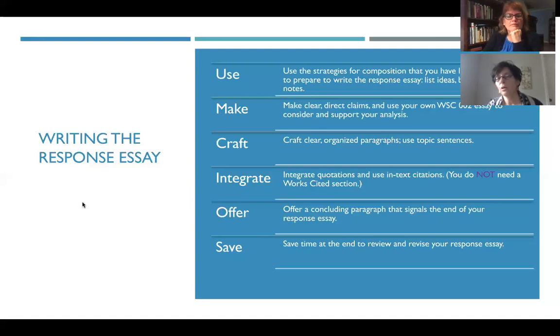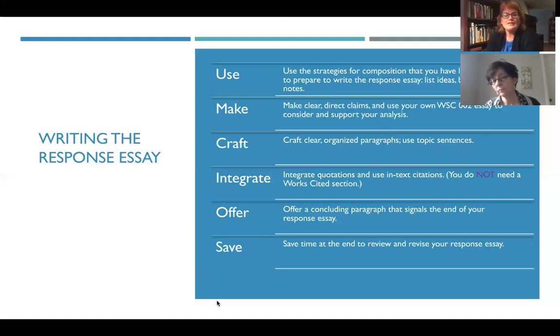And you want to offer a concluding paragraph that shows that the reader has come to the end, and by the end of reading this essay has a new insight and sees you demonstrating a new insight into yourself as a writer, given the initial reading, your documented essay, and what you have crafted here. I really like that verb, offer. When you offer up that conclusion, you're giving a gift to your reader, right? This is what I've made. So make sure you spend some time on that. And then of course, save time. We do care that you have reviewed and revised your response essay,